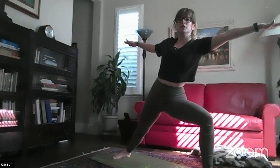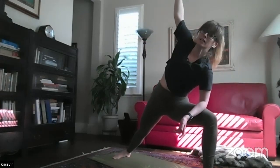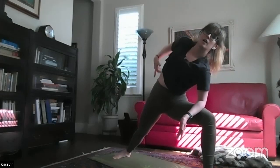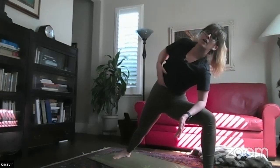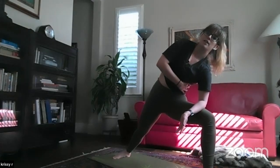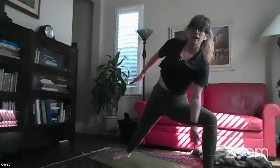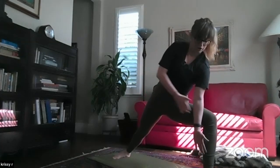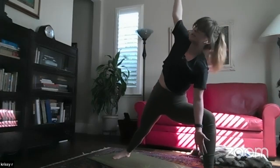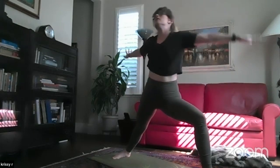Inhale, shift 2 inches forward. Exhale, extended side angle pose. Tick-tock your arms at 12 and 2. Breathe here. Ensure a long side and try to prevent any crunching on your side that's leaning in. Ensure that the weight and the friction of your hand to your thigh are pulling your thigh out long, and a strong core here. Inhale, exhale,